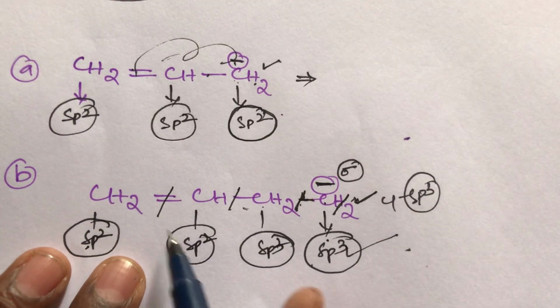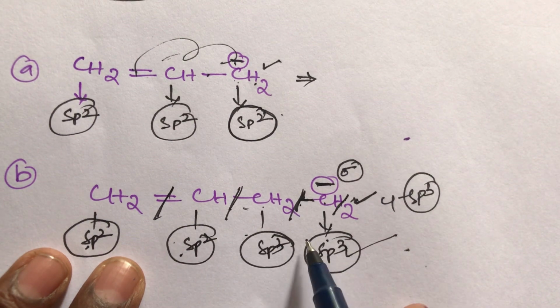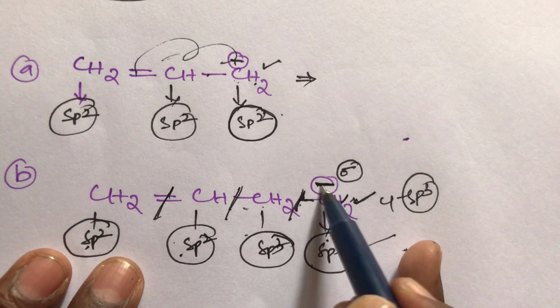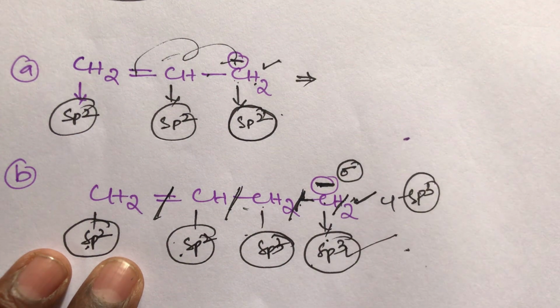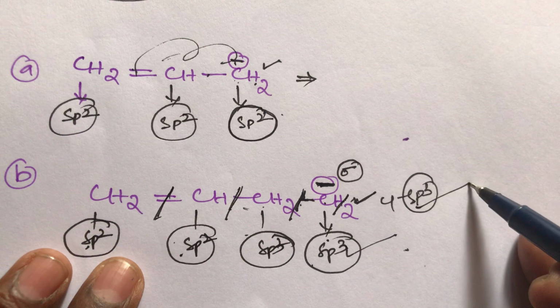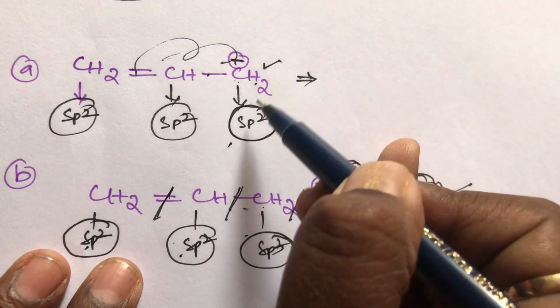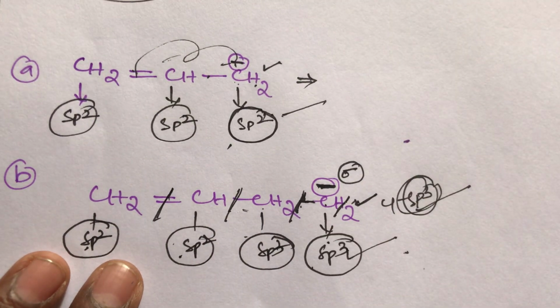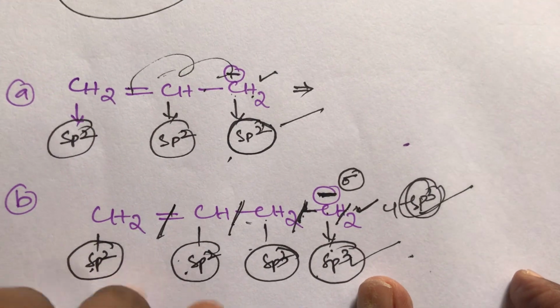But in this case, double bond, then single bond, no conjugation, so this negative charge does not participate in the resonance and does not move to the left or right side. So this negative charge is a permanent bond, and that's why the negative charge is considered as a sigma bond. So this carbon is surrounded by 4 sigma bonds, that's why sp3, and this carbon is surrounded by only 3 sigma bonds, so that's why it is sp2. This is a simple trick for hybridization, student. This is very important, student.